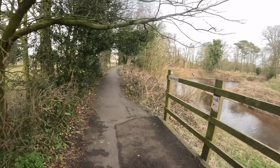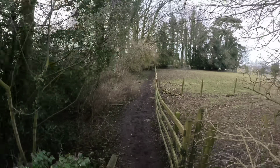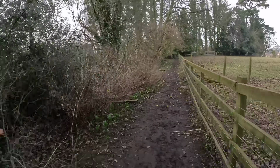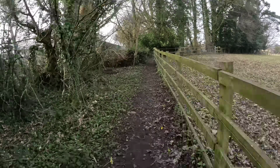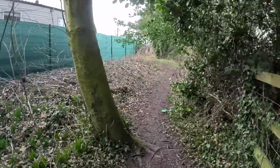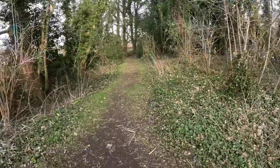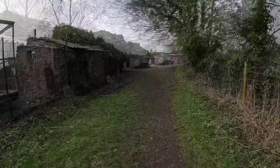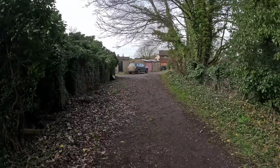Now, on the way back, I've seen this little path. I saw it the other day, but I didn't think it went anywhere. So I went down here, had a little look, and actually, there's no CCTV down here, and this is clearly a way out from where Nicola was. And yeah, there's no cameras, and as you'll see in a moment, by that Jeep there, it leads to the